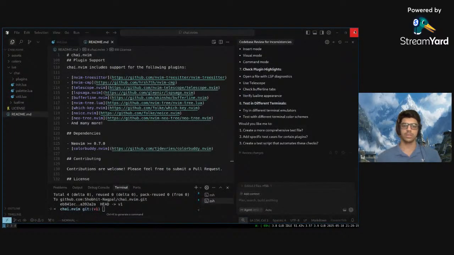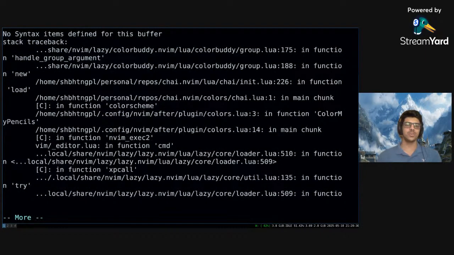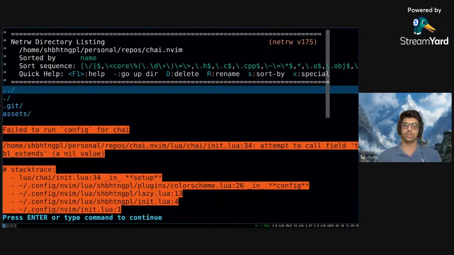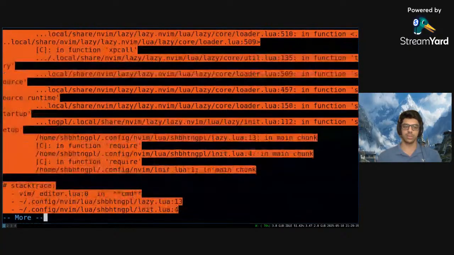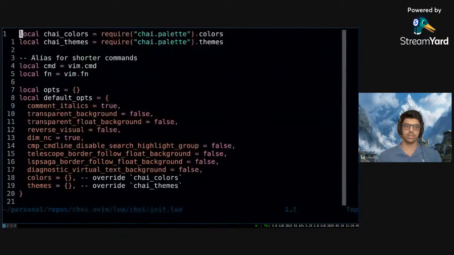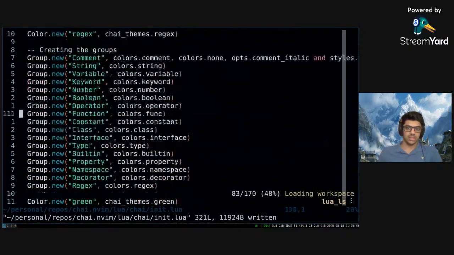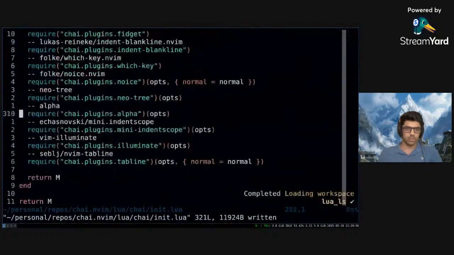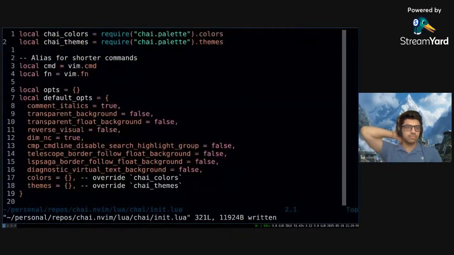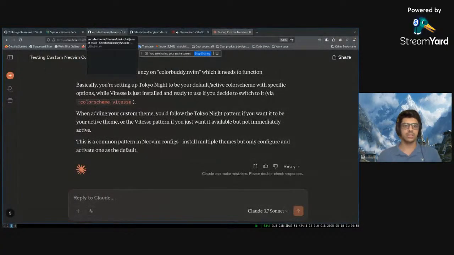Okay. Close it. One way to find out. Personal repos. Bro, no syntax items defined for this buffer. At least it worked. Whoa. Failed to run config. Okay, good, errors only. Lua, chai. Somewhat worked. It did somewhat work. These errors, does it sort them? Not bad. And does this look the same as